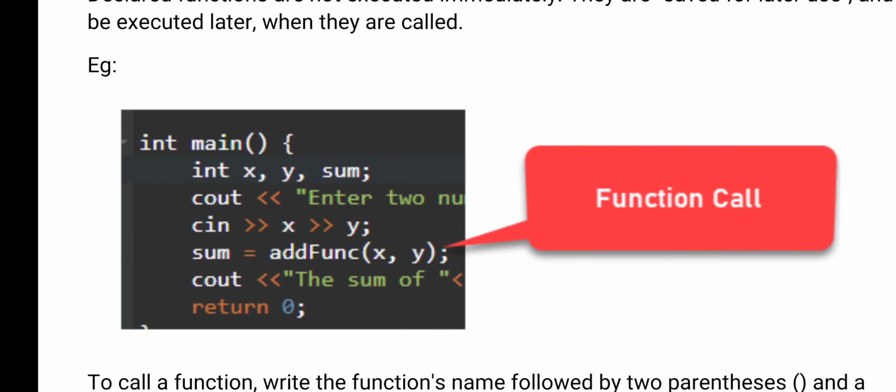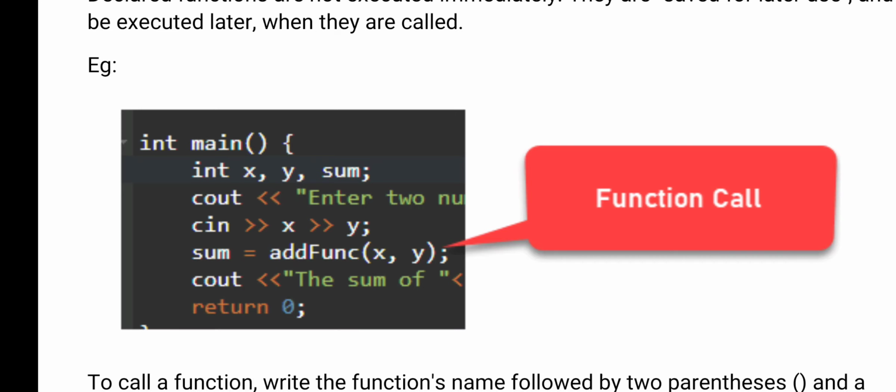You see here, int main. Main is the main function, and from that your program execution will start. How many variables have I declared here? You see x comma y comma sum. So I am giving an output statement to the user, enter two numbers. When the user gets that prompt, the user will give the x value and the y value. That will be stored in x and y.